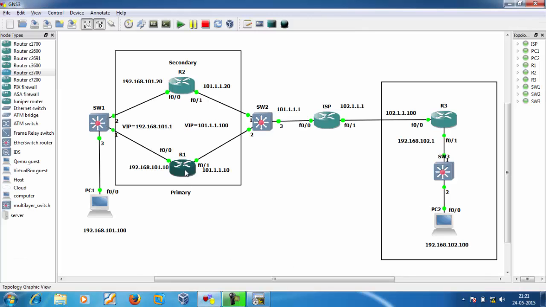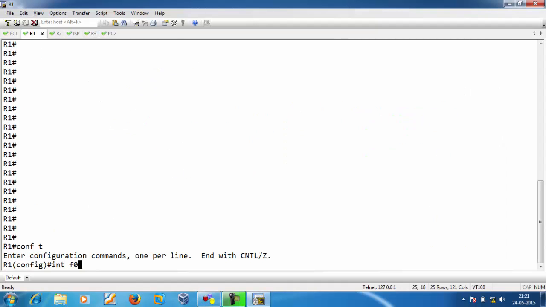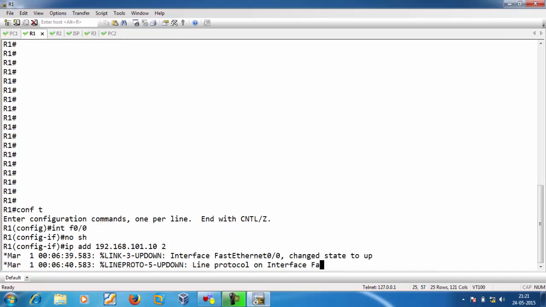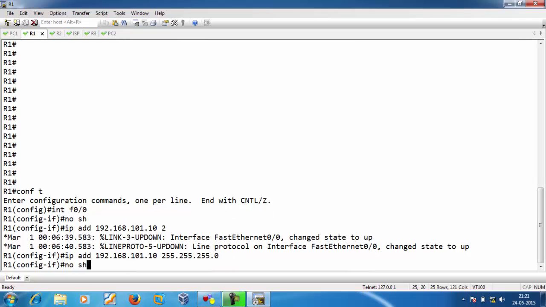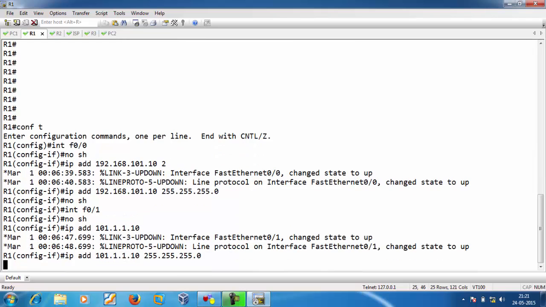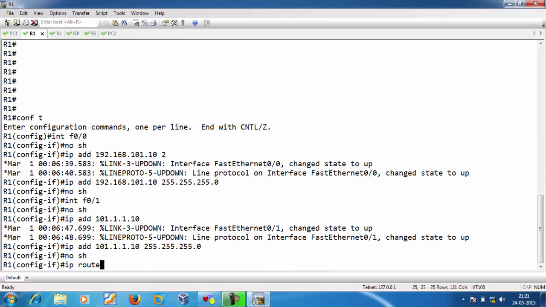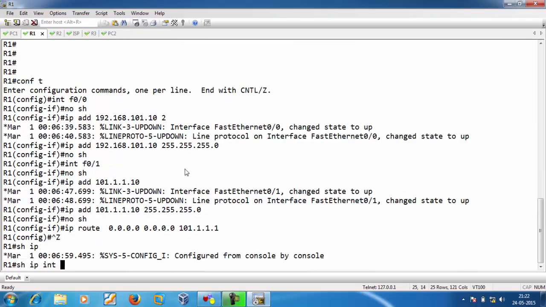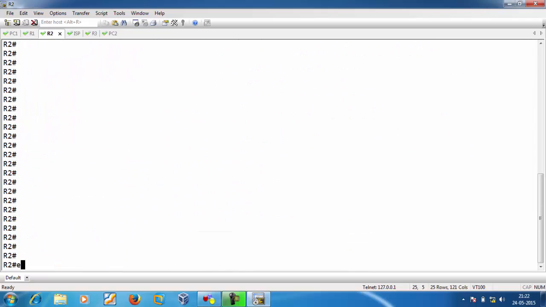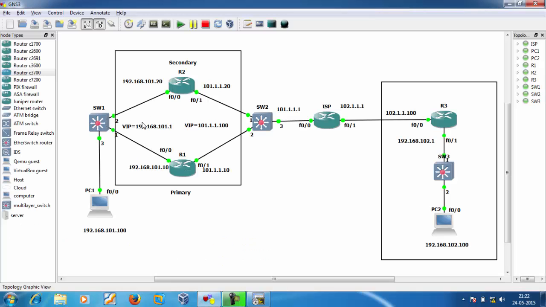Then we have to configure R1 LAN, R1 WAN. We will also define a default route toward the internet. Verify the IP addressing and default gateway. Then we will configure R2 IP LAN,